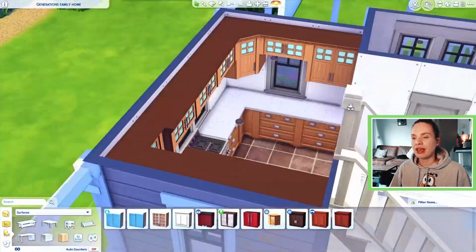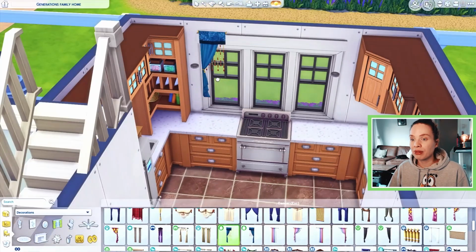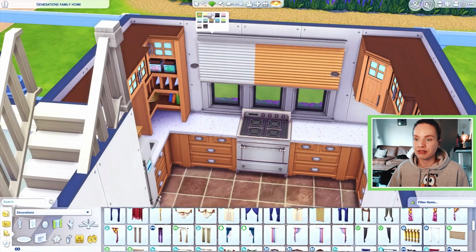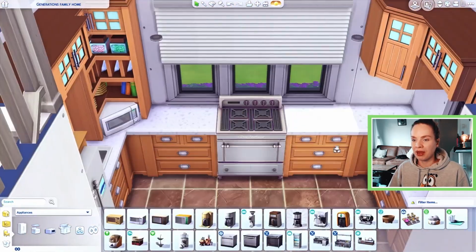I don't really use any custom content in my game. Like I do use Cass custom content. When I do gameplay, my Sims are all wearing CC, their hair is CC, I have CC eyes, default eyes and stuff. So I do use a lot of CC for Create a Sim, but not for build and buy, because